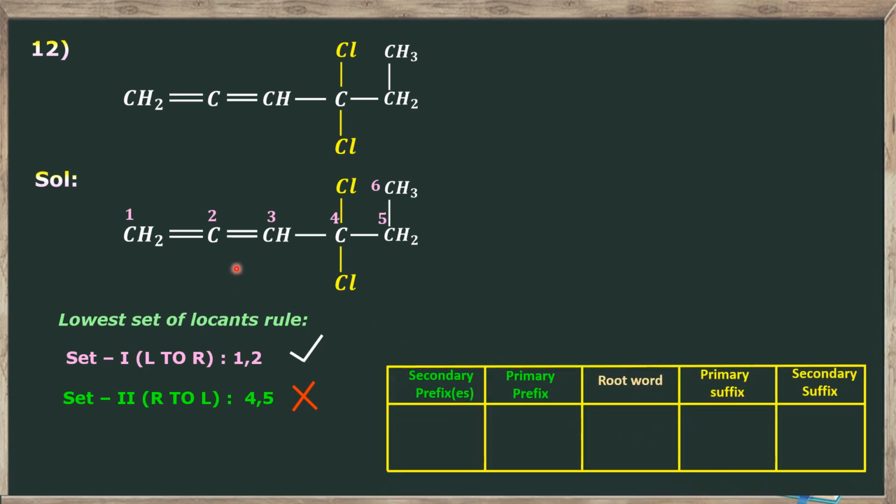Root word is hex because 6 carbon atoms are there. Primary suffix here, double bond is there. 2 double bonds are there. So it is in. Secondary prefix, otherwise substituent is chloro. So the name of this compound is, IUPAC name of this compound is 4,4 dichloro